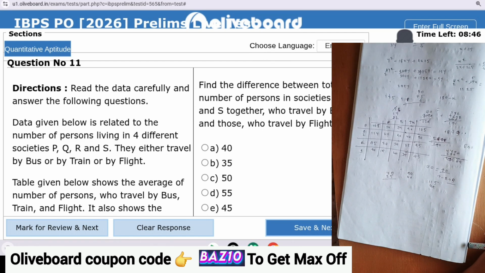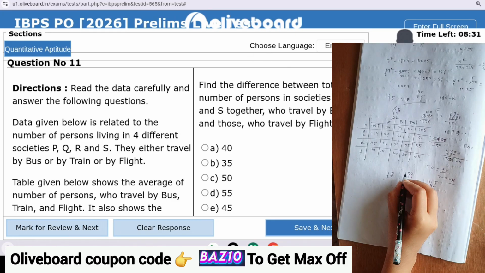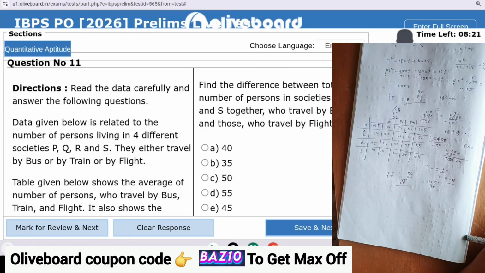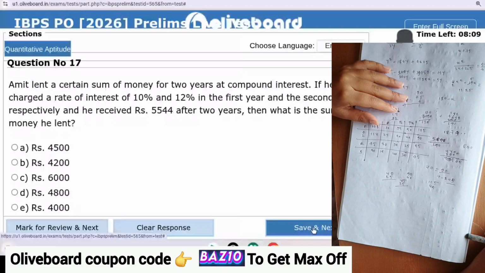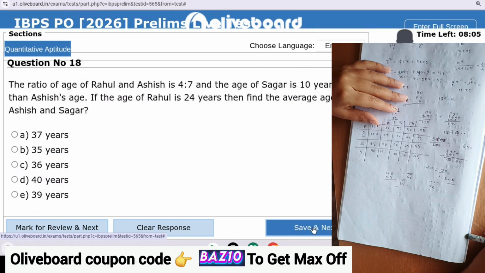$65 তো আসছে তাহলে E and is a bus and flight. তো ঘুম আসছে।